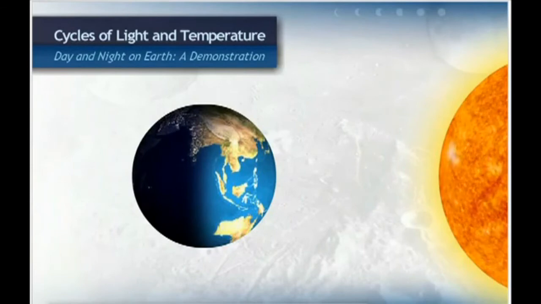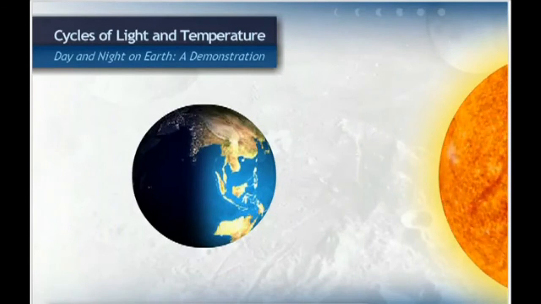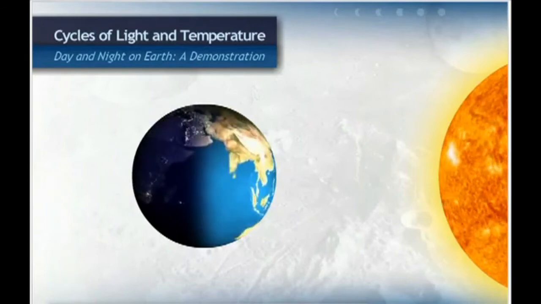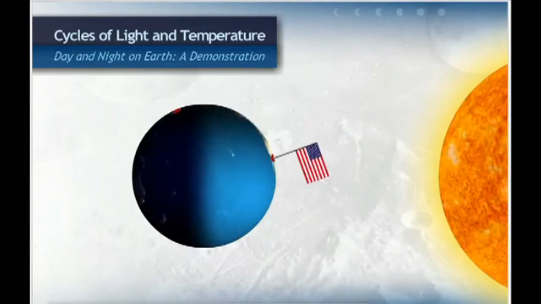Because the Earth is constantly rotating, the part of the Earth that is illuminated by the Sun is always changing. Take a look. Here's a model of the Earth and the Sun. In reality, the Earth is much smaller than the Sun and farther away. In this case, even though the model is not to scale, it will help us review the causes of day